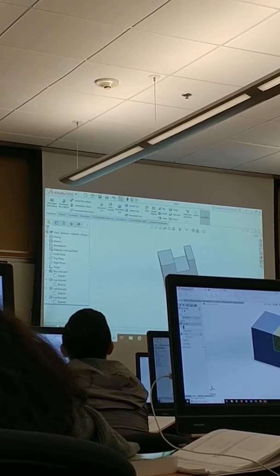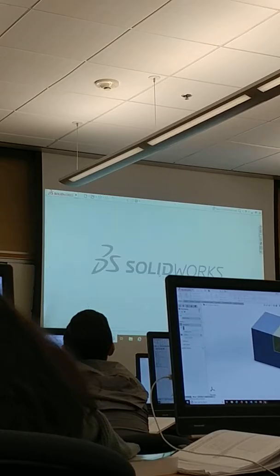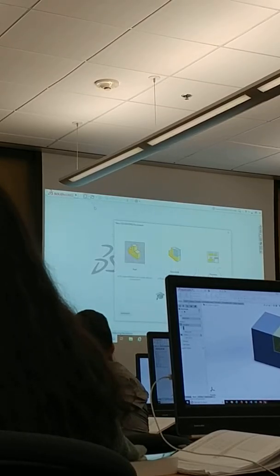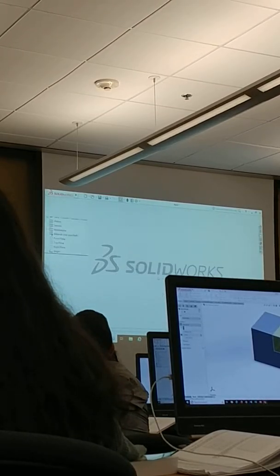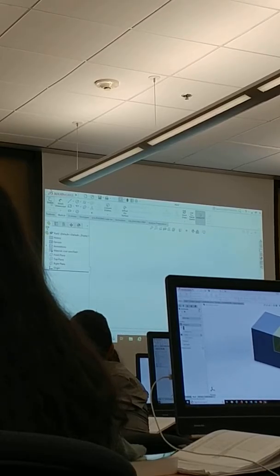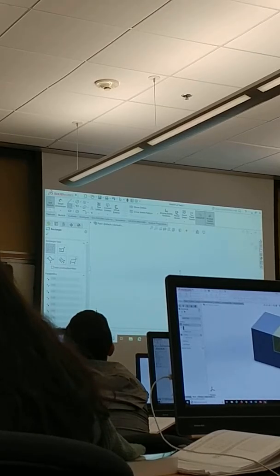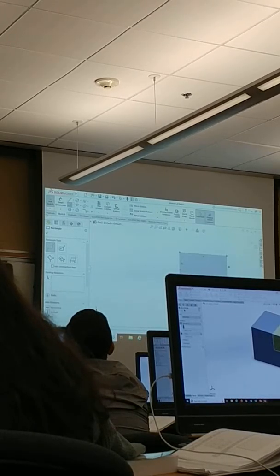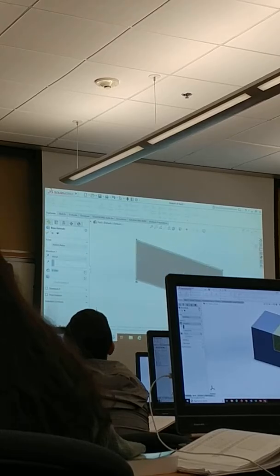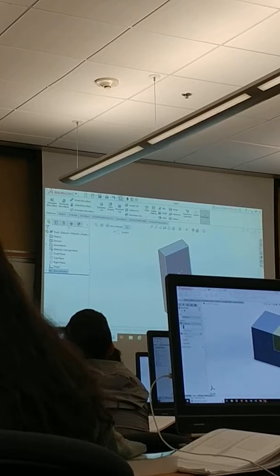Now, we did this as if we were removing material, right? So that was the removing material type of way of doing it. But you could have just as easily, and this is where it takes a little experience, you could draw it as if you're a welder and say, I'm going to get this plate, and I'm going to extrude it. I got this plate, right? And then I'm going to go on this space right here, and I'm going to, let's say I want to attach